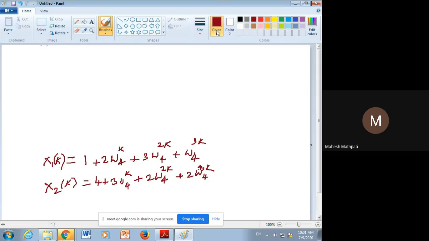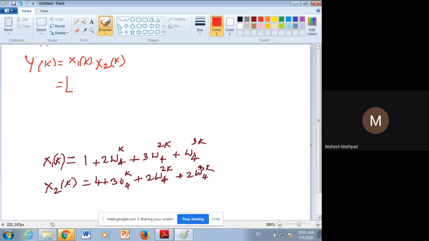So now let me take y of k is equals to x1 of k into x2 of k. Please bear with my handwriting. Don't laugh at my handwriting. So this is equals to,